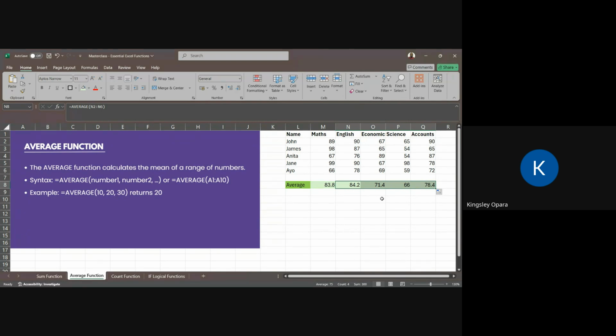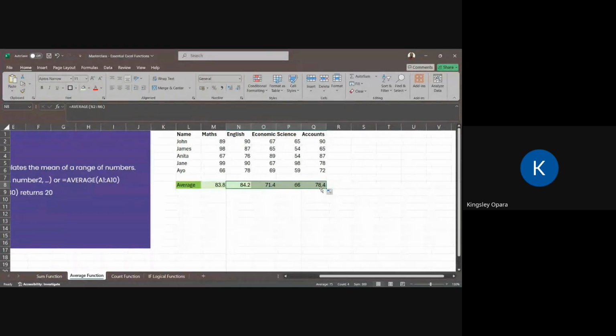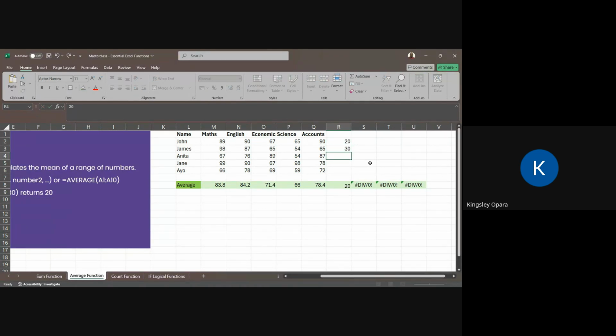Even if you don't have a set of numbers, you can drag the function to the empty cells, and whenever numbers come up, for example, I've dragged the formula here. Whenever a number comes up here now, it will begin to find the average of this set of numbers. You see, I've put 20, 30, 45, and it finds the average of this set of numbers. That is the automation part of Excel that you need to know.